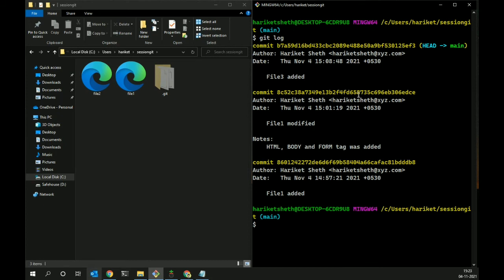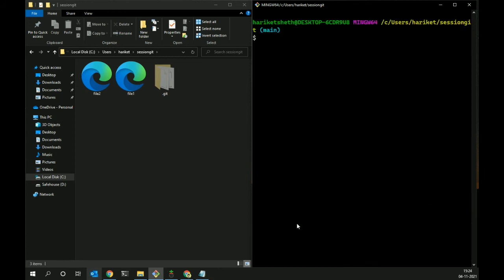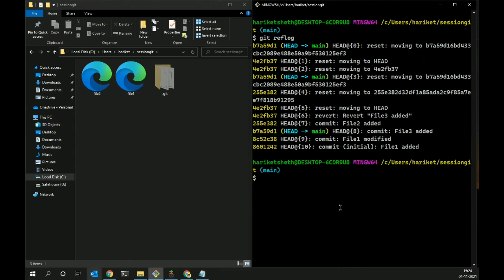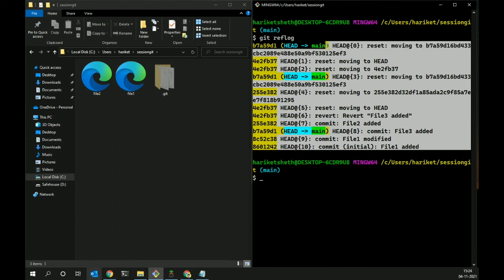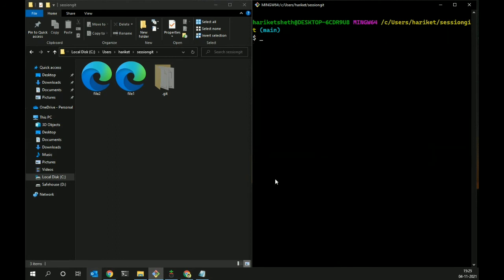But this is the basic difference of both these commands, and you should not get confused. Okay, so now we have covered git revert, git reset, and also git stash in this video. And there's one more command which we should be very clear about, which is git reflog. Basically, the function of this command is that it will show you every commit, even though it's deleted or something, you will have a history of everything here. So that is the function of those commands which we covered.